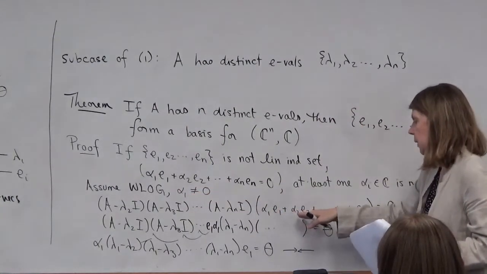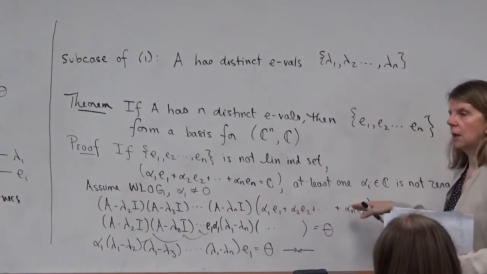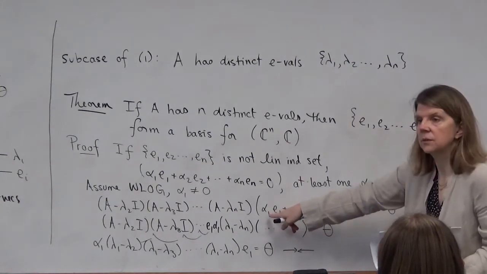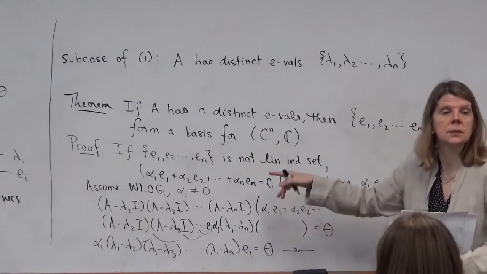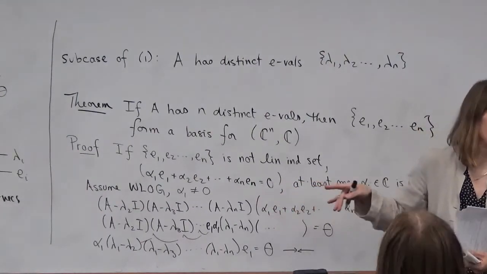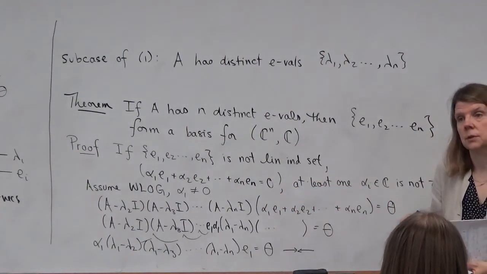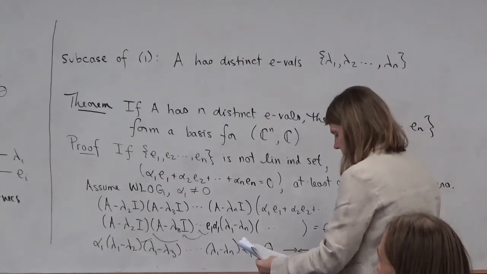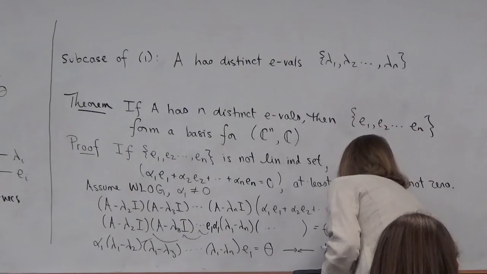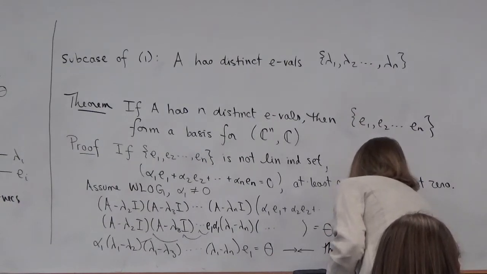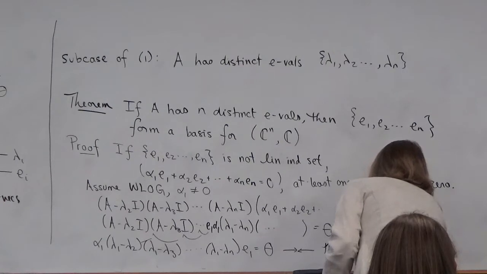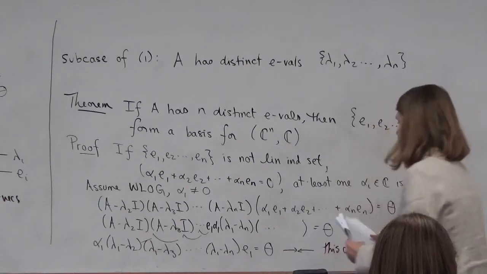You can see now that if I had any of the alphas not being 0, but also if I had a combination of these alphas not being 0, you could still use the same method of proof to derive this contradiction. Okay, so this tells us that this contradicts alpha 1